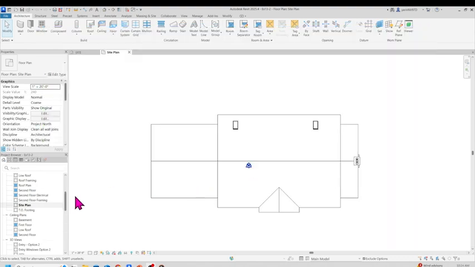Go to a site plan. From the project browser, pick up site plan. Once you are in the site plan, go to the properties palette. From the properties palette, look for the view range. If you come down right there,